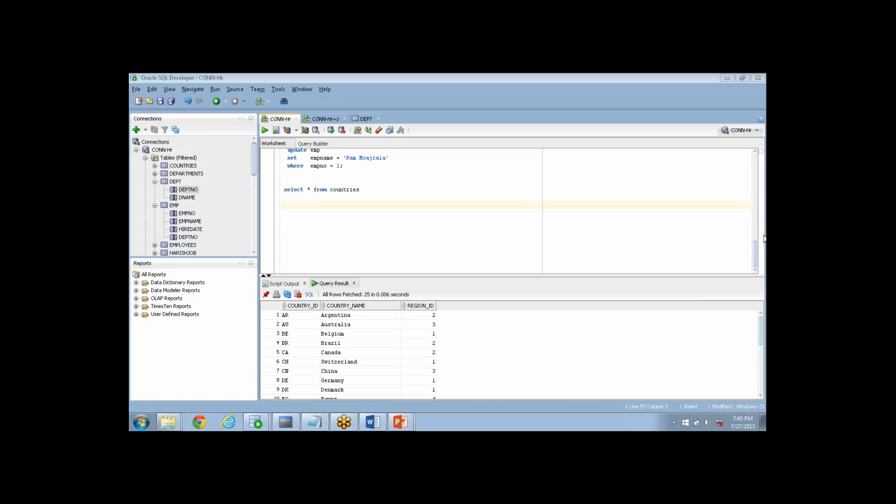So for example, as we discussed again, we have an employee table and we have a department table. Department has a department number as a primary key, and if you want to establish a relation between